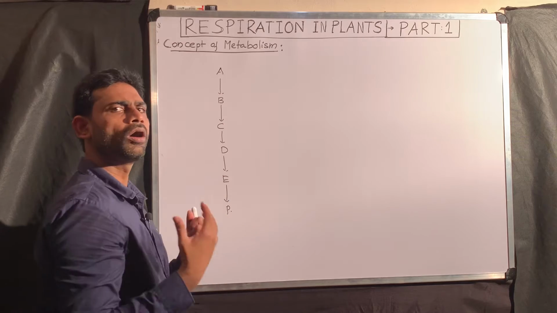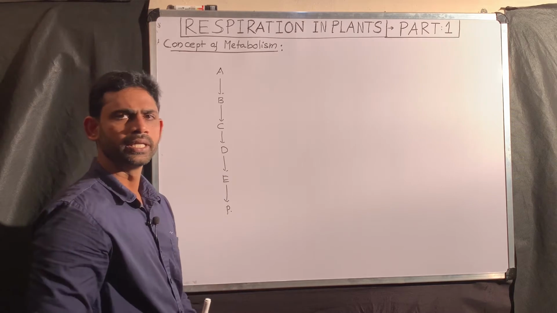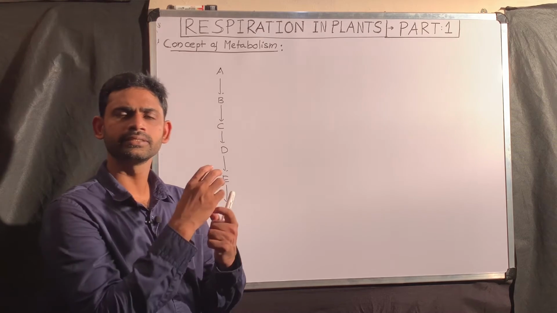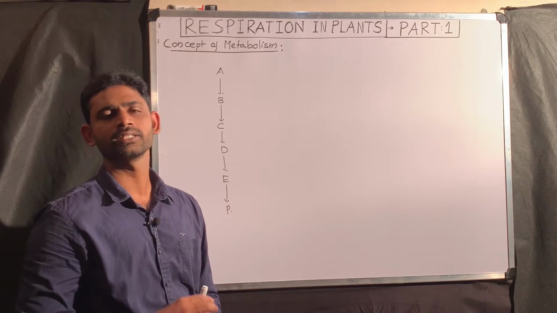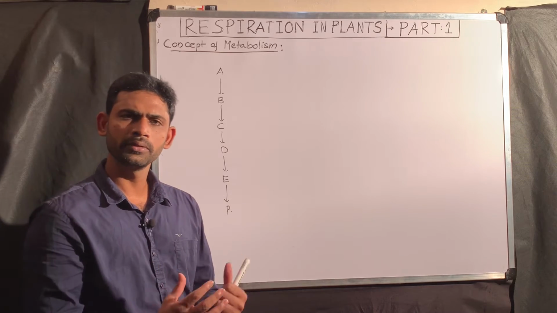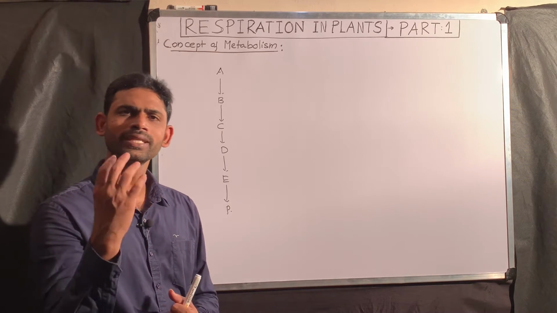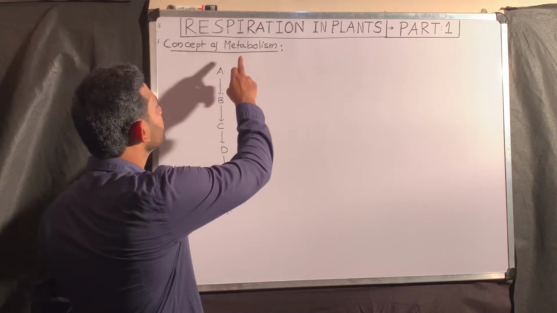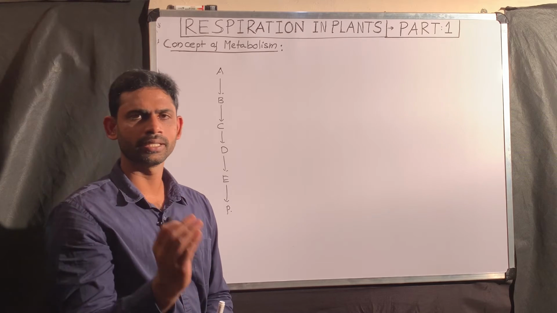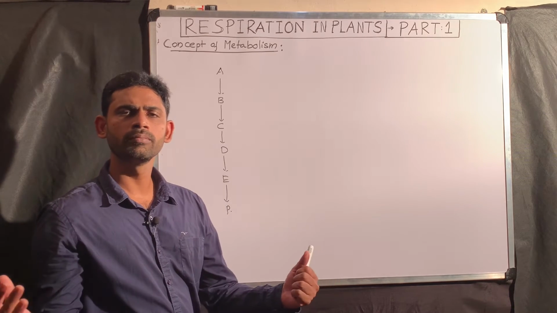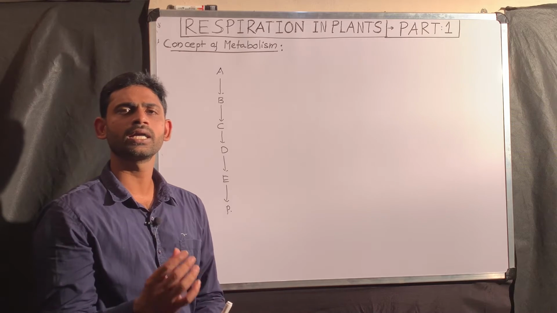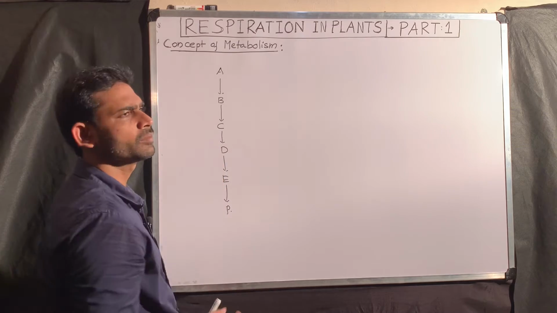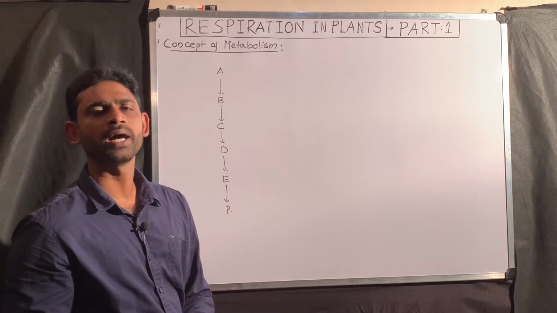Like this, many individual reactions will not occur in our body. Only a sequence of biochemical reactions is possible. All biochemical reactions occur within a cell. The total of biochemical reactions occurring within a cell is called metabolism. What is metabolism? All biochemical reactions occurring within a cell are called metabolism. Here this metabolism you can actually classify into two pathways.